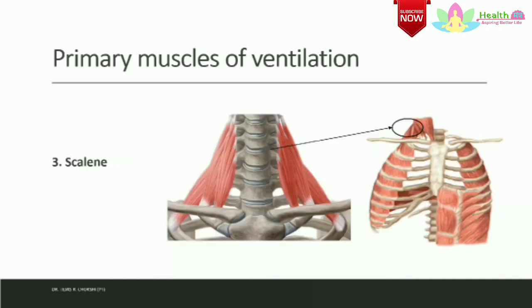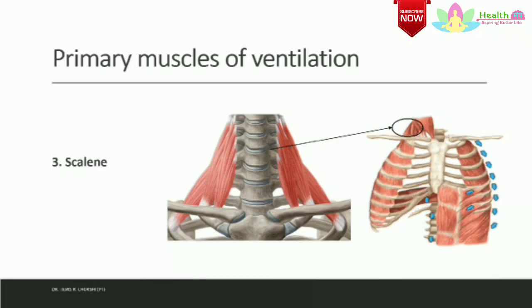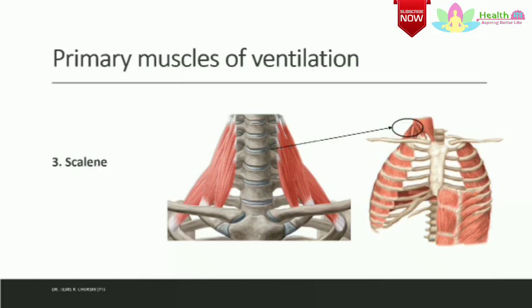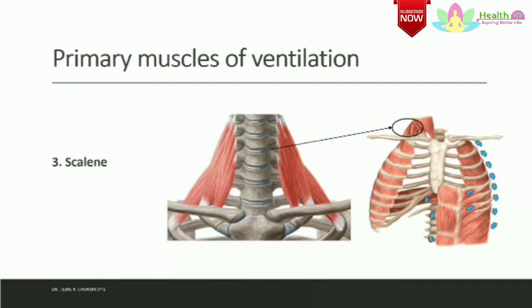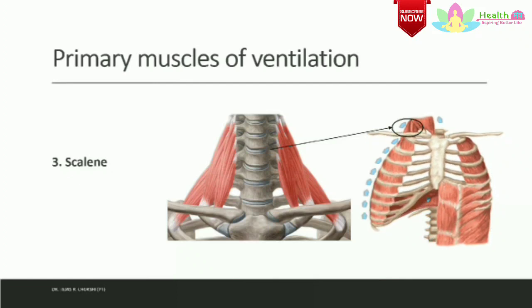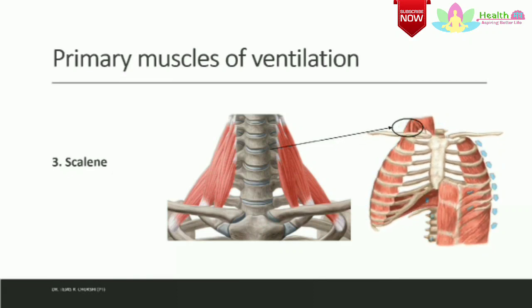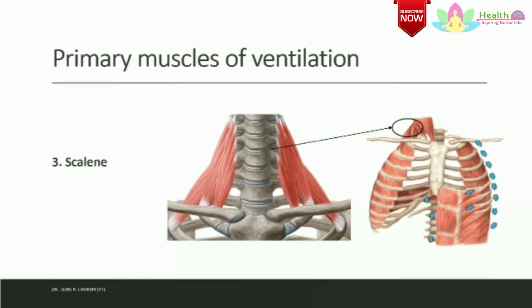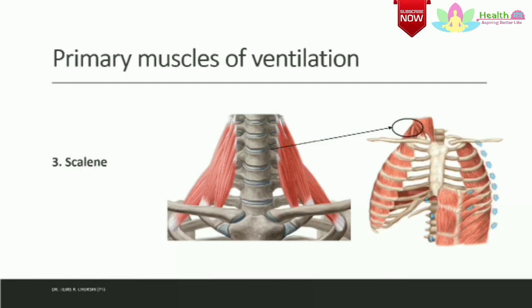Now if we talk about the scalene muscles, which are also considered a primary muscle during quiet breathing. The scalene muscles have attachment to the transverse processes from C3 to C7 and descend to the upper borders of the first rib and second rib. Their action lifts the sternum and first two ribs in a pump handle motion of the upper rib cage.